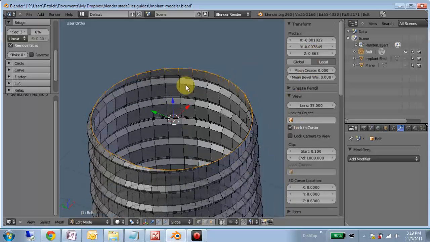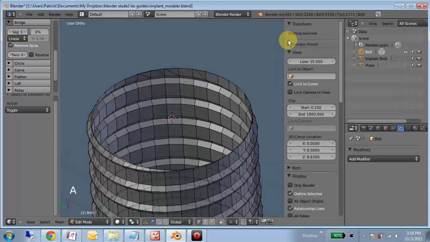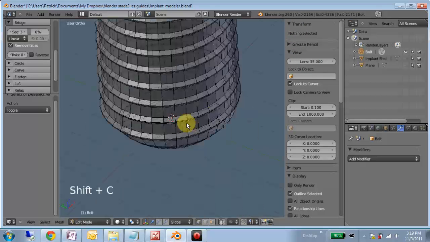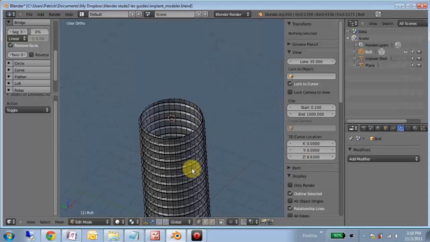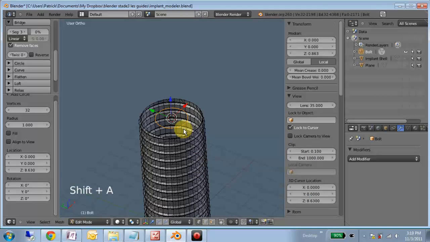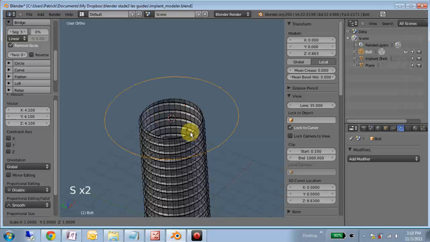We can place the cursor at 8.63, add a circle, scale 4.1, scale 0.5,